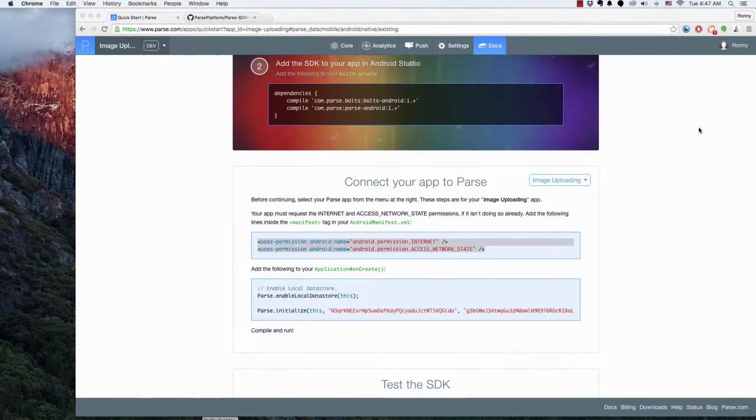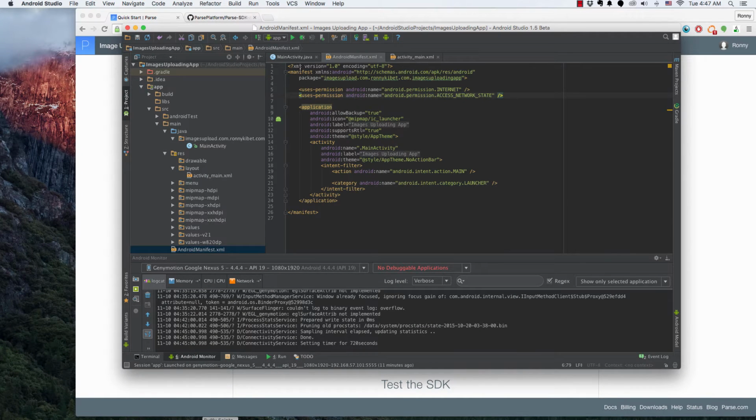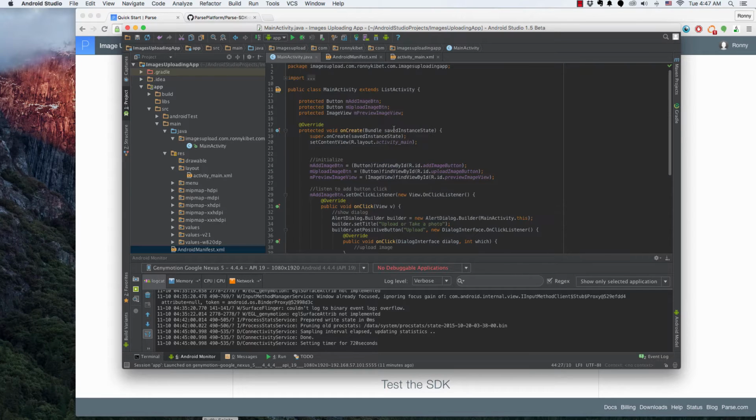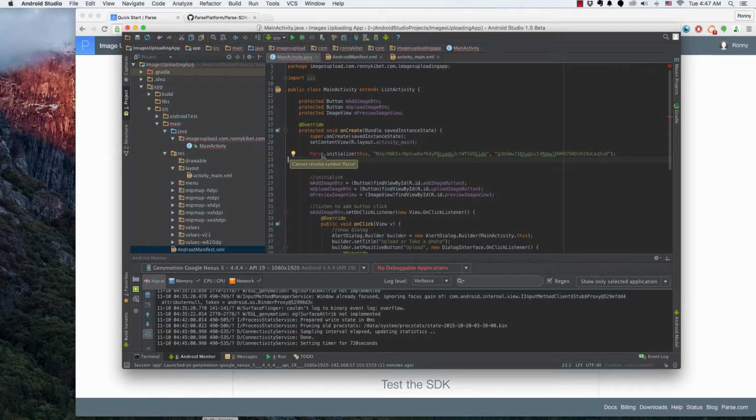So once we have that, we are set. Also, I'll copy these keys. You have to copy yours. Don't use these. These are just for this test project. And I will paste it right here on create. So we want to initialize Parse here on create, but as you can see, Parse is not connected because I